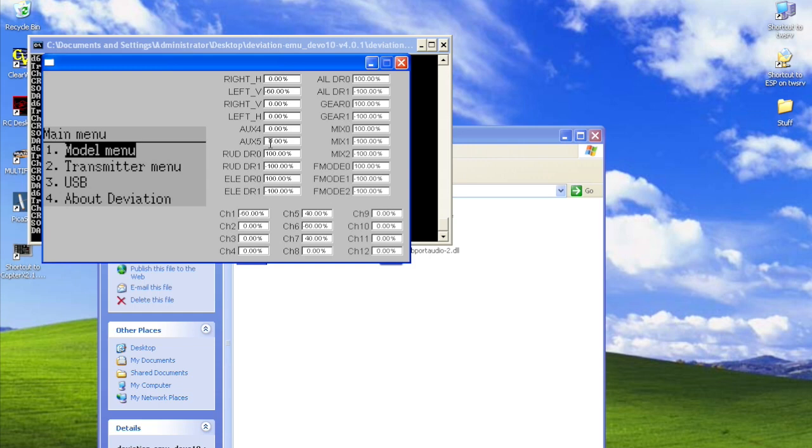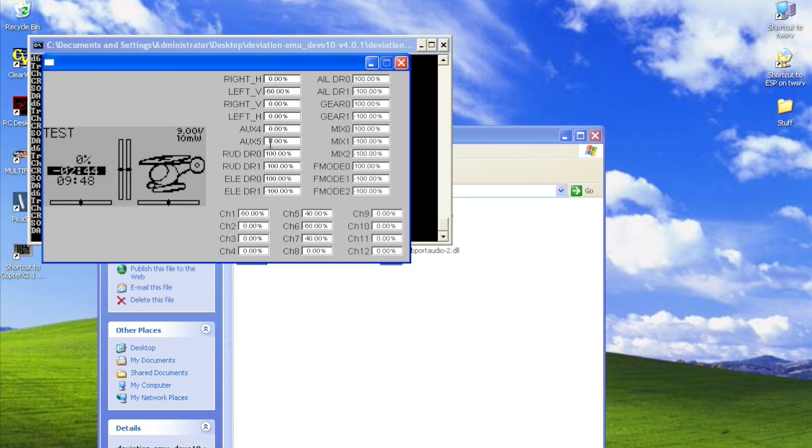So let's go ahead and go back to the main screen here. And just to illustrate what's kind of going on, to make sure everything's set, I'm going to go ahead and just start cranking the values of my channels. So you see I put everything up to 100%, and when I engage my dual rate switch, as you can see by the dual rate and the fact that dual rate 1 gets the 100 value, I in fact get channels 2, 3, and 4 are now going down to 80%. As you might recall, that's what we had set on the dual rate expo